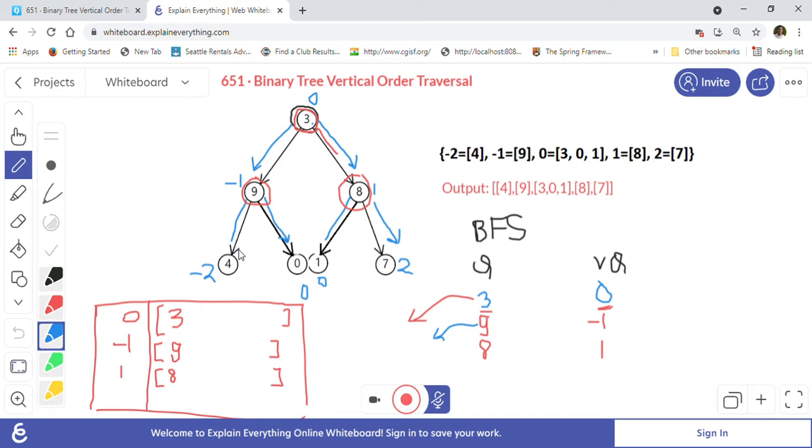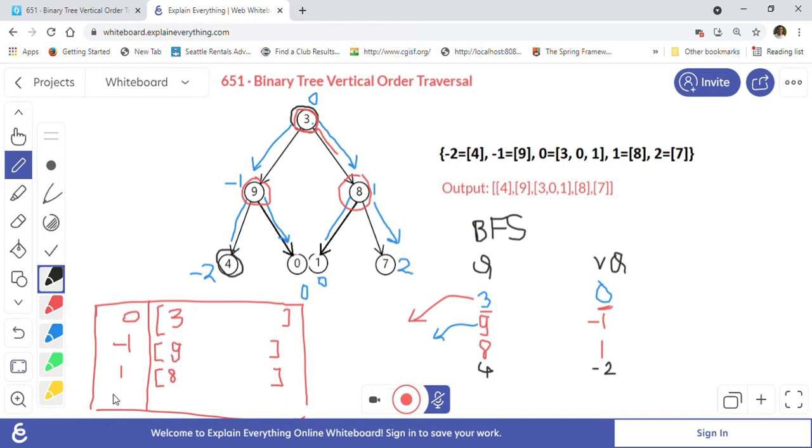Left of 9 means we are at 4 now. So we will put 4 here into the queue, and we will put minus 2, which is our vertical positioning for node 4.